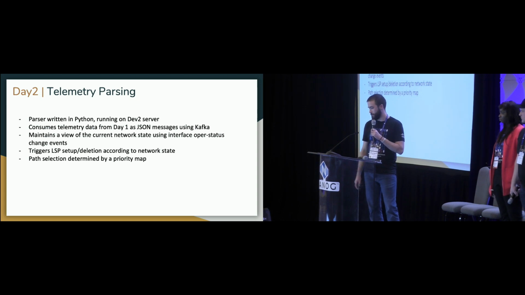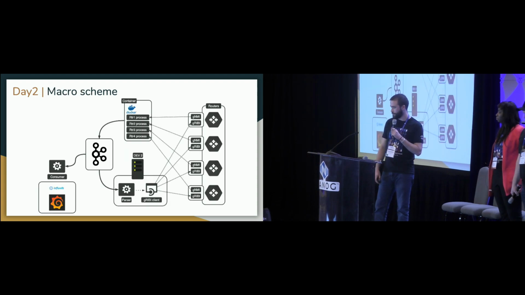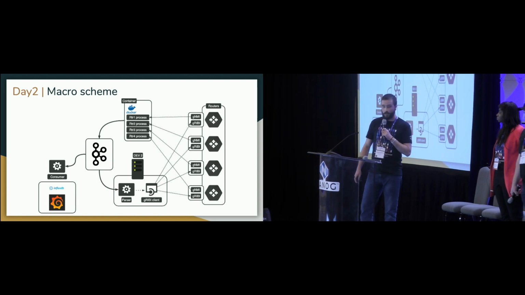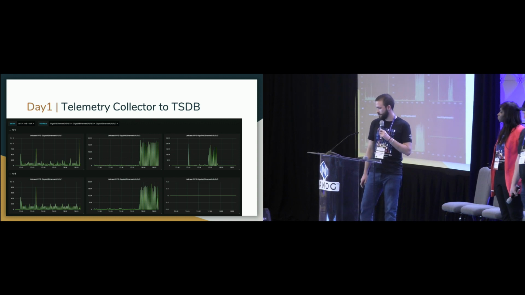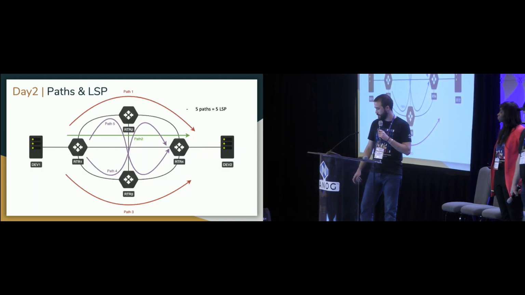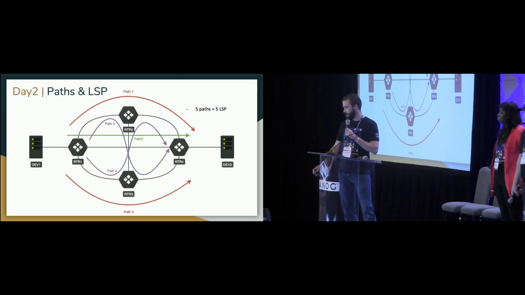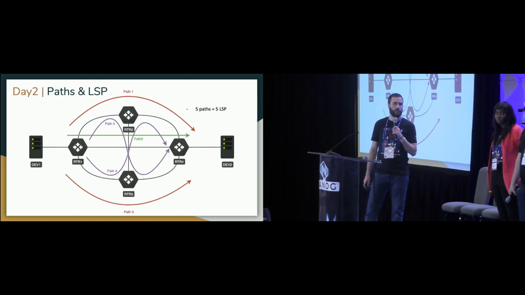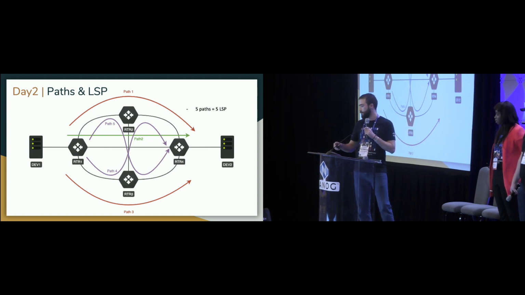Speaking of time, we are running out, so we prepared a short demonstration. Here is a macro scheme of what we did on Hackathon's day. We added some little piece of magic with InfluxDB and Grafana to visualize what was actually going on in the network. So first, we'll have all interfaces up in the network, and then I will cut some interfaces, forcing the traffic to go along path 5.